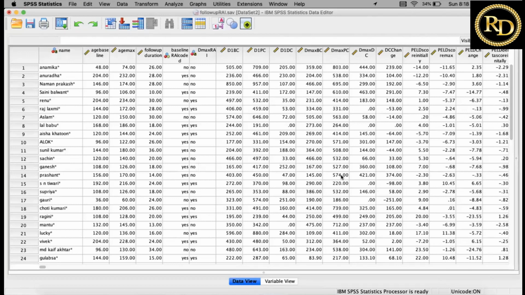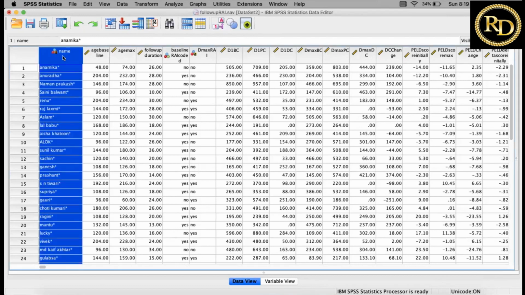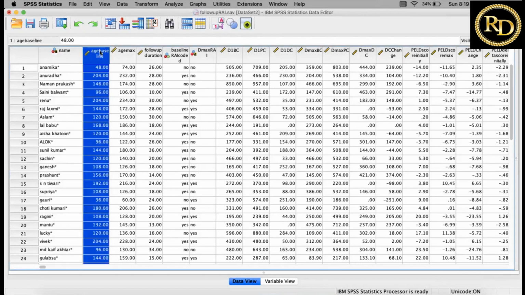So here you can see that this is a data set, and the first variable is the age at baseline, because they are doing some kind of follow-up, the first time when the patient comes to them.